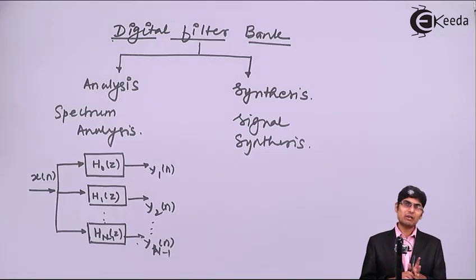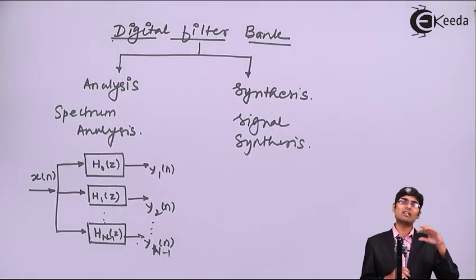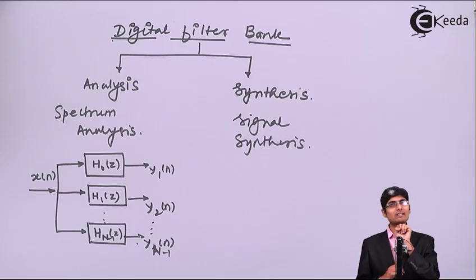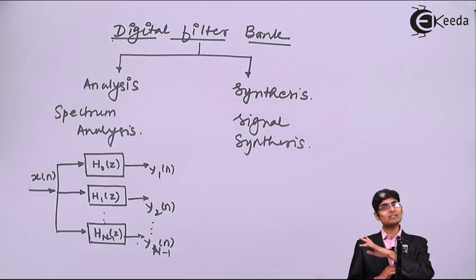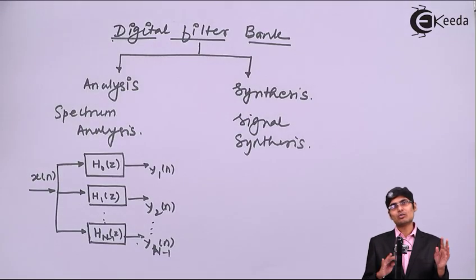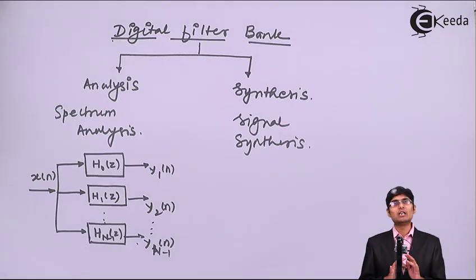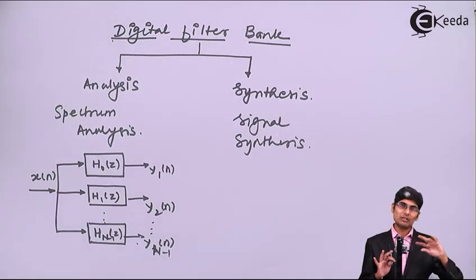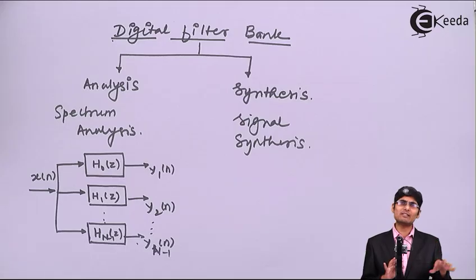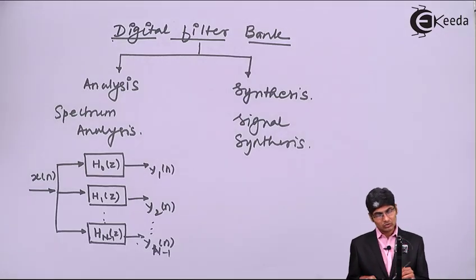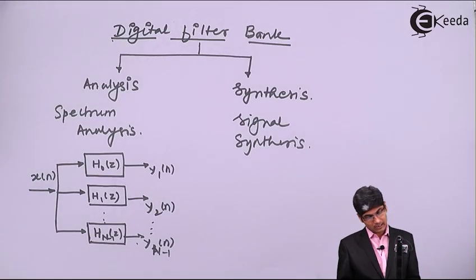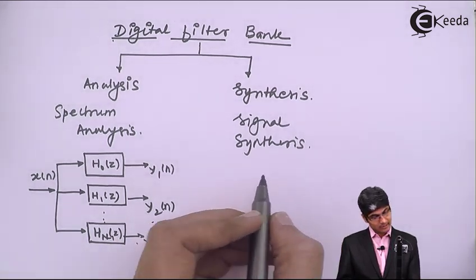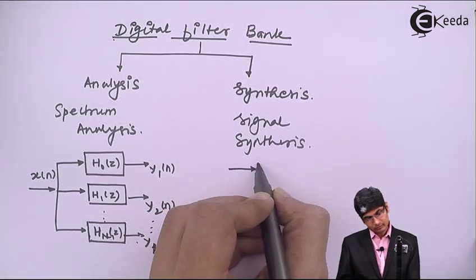But many times it might happen that I analyze the signal at n different stages and then I synthesize the signal at some other stage in the process. So they might be far apart, and they might be getting inputs from some different systems in between. So I have an analysis filter, and in synthesis I will have